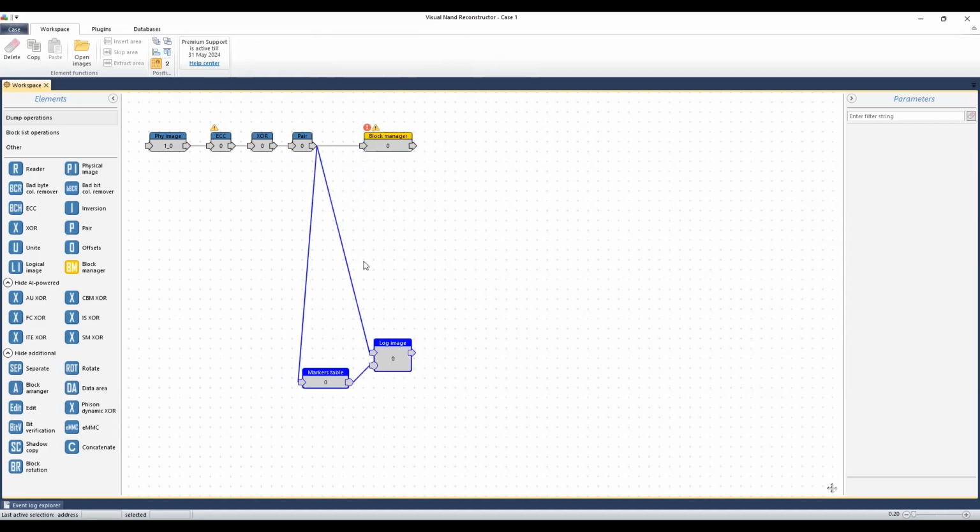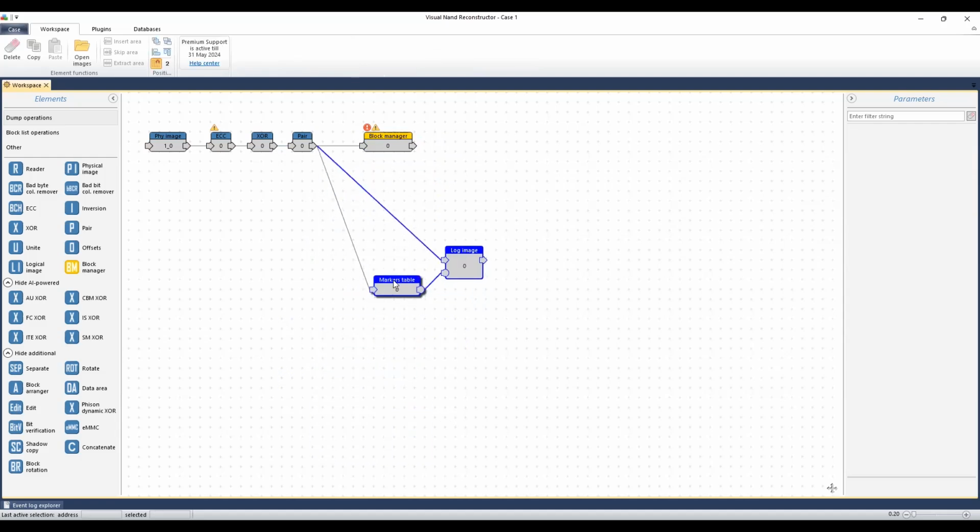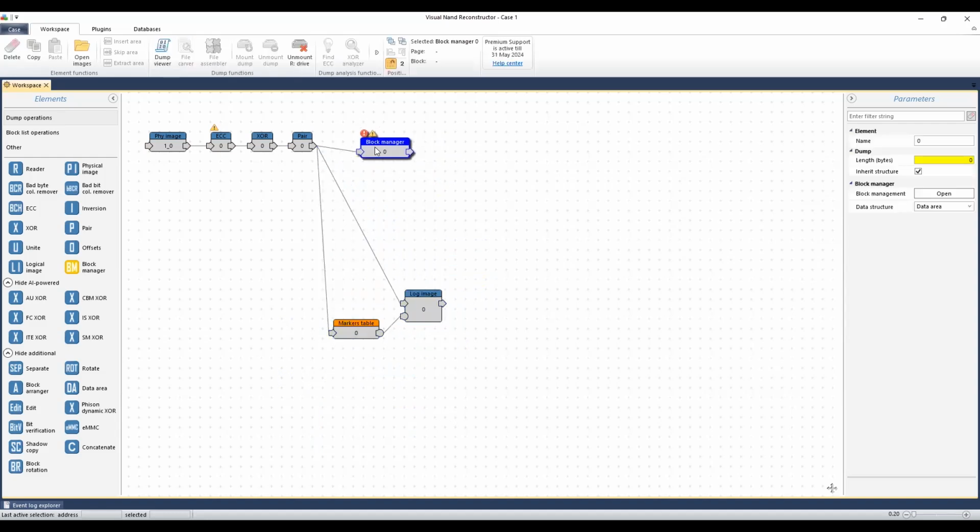So the block manager element, there was a kind of awkward thing for many of our users, like, why do we have to connect the pair, the last conversion step, to the logical image and the marks table, and this is how it gets connected. And we have replaced that. Now you just need to connect one element, which is block manager, and it's all in one element basically. It includes the marks table, it includes the logical image element,